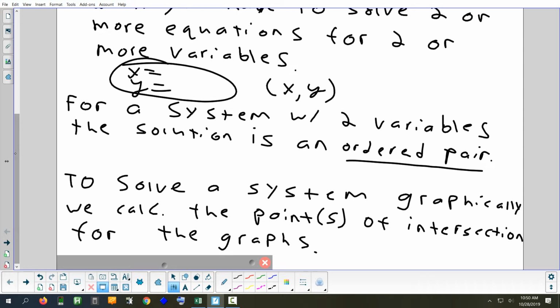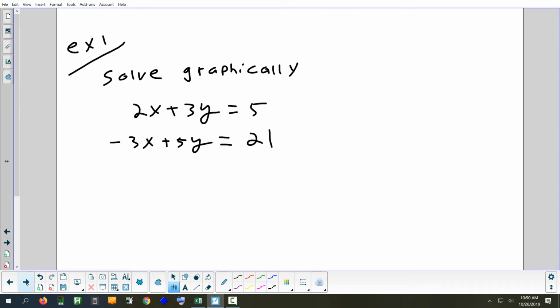Okay. So let's take a look at our first example. So this one says solve graphically. Now, can you take either one of those and put them into the calculator the way they are? No? Okay, well, why not? What do you have to do? You have to add in the y. Yeah, we got to get y by itself. So,